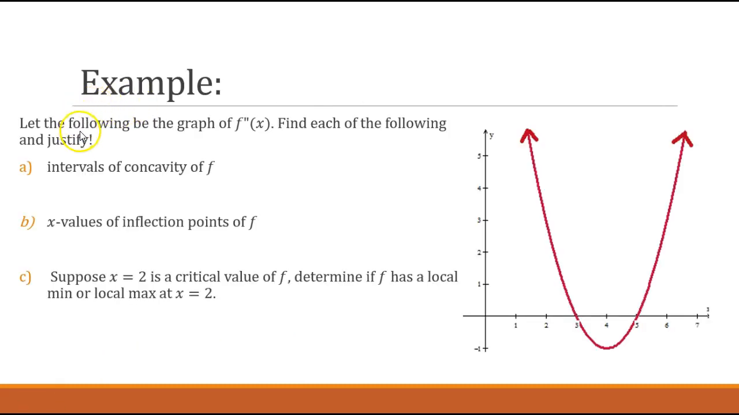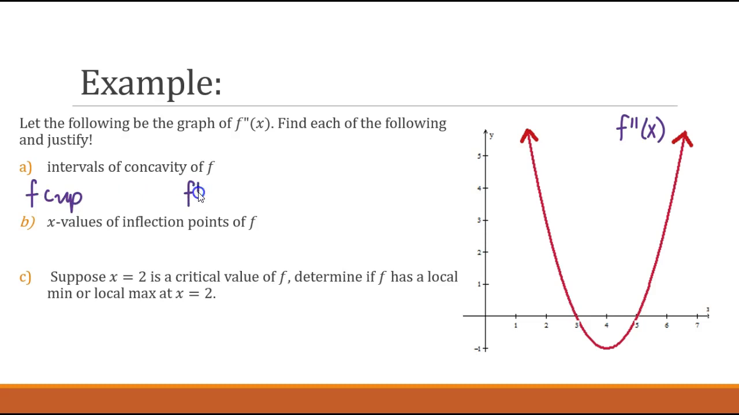In this example, we're going to let the following be the graph of f double prime of x, and we're going to find each of the following and justify. So again, we're going to label this as f double prime of x. We always want to label our graphs. So we're going to find the intervals of concavity of f. So f would be concave up,